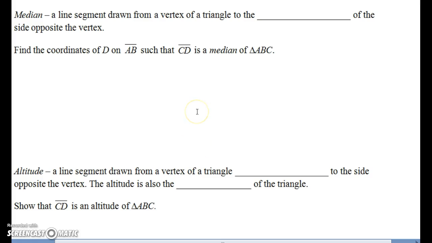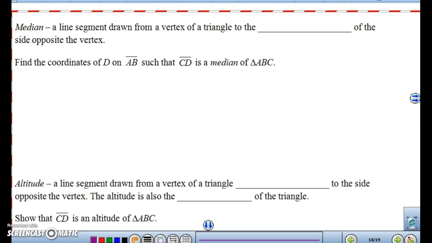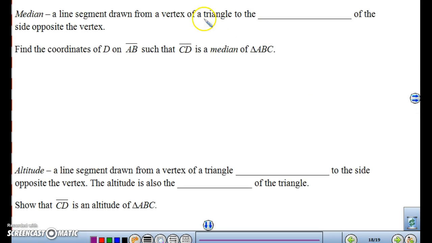We also have a new vocabulary word here. A median is a line segment drawn from a vertex of a triangle to the midpoint of the opposite side. The word median kind of implies middle. So when you have a median of a triangle, you draw from a vertex to the midpoint. So if I wanted to find the coordinates of D on AB such that CD is the median of ABC, what this is asking you is, if CD is a median,